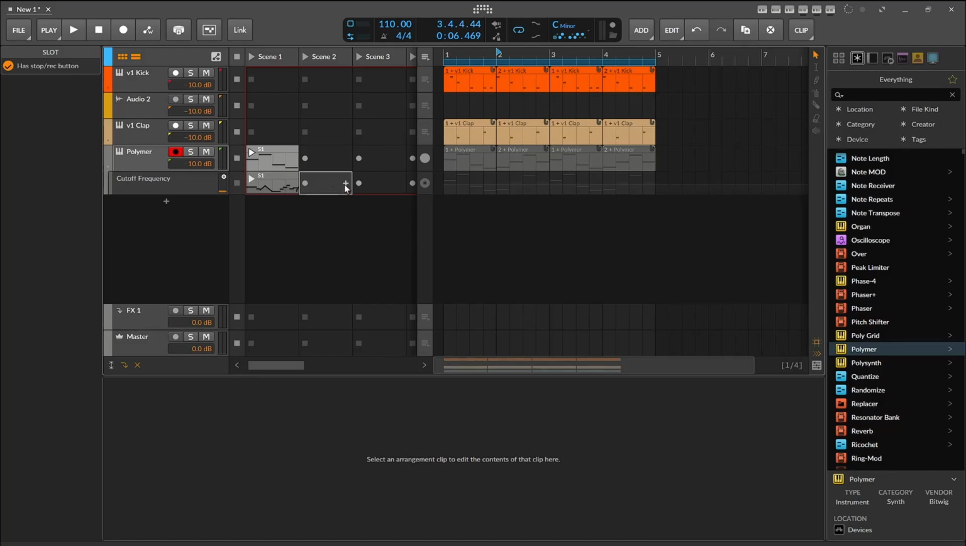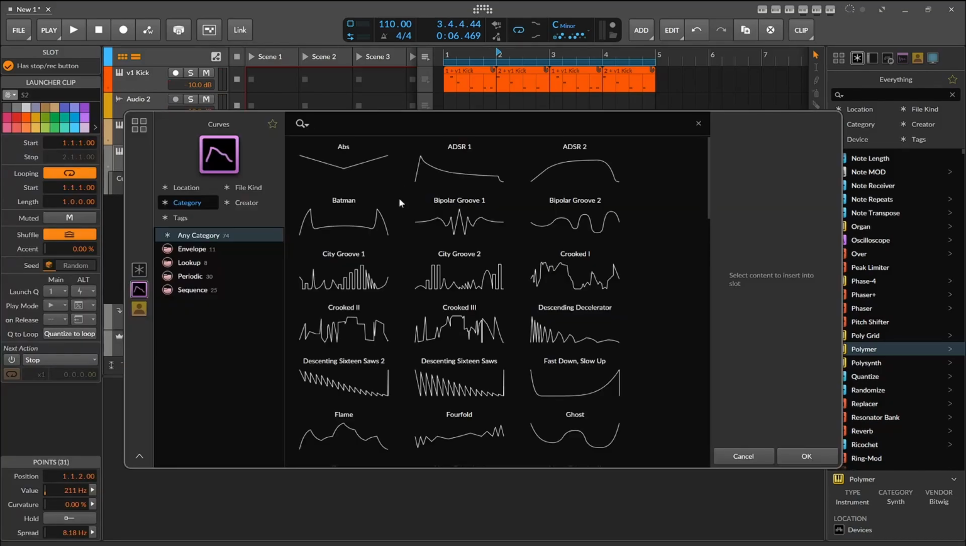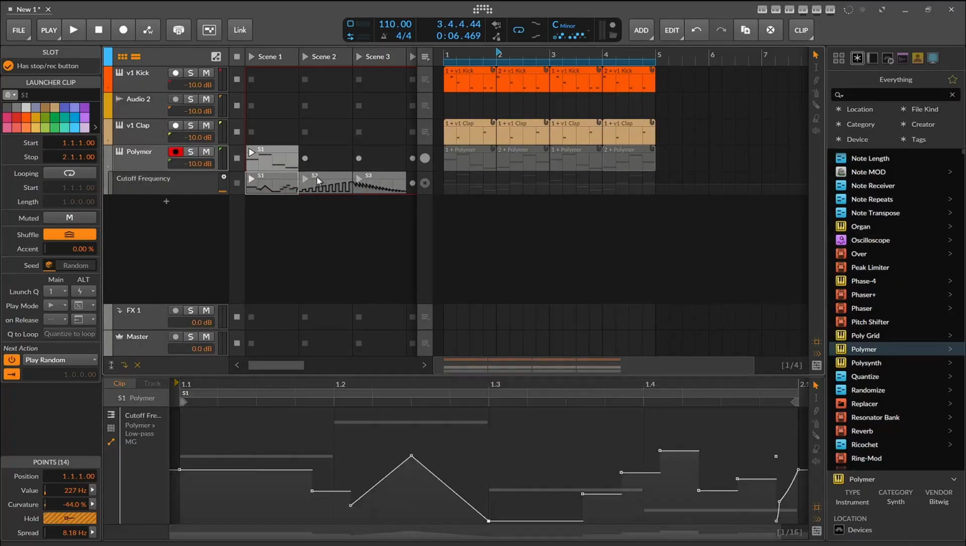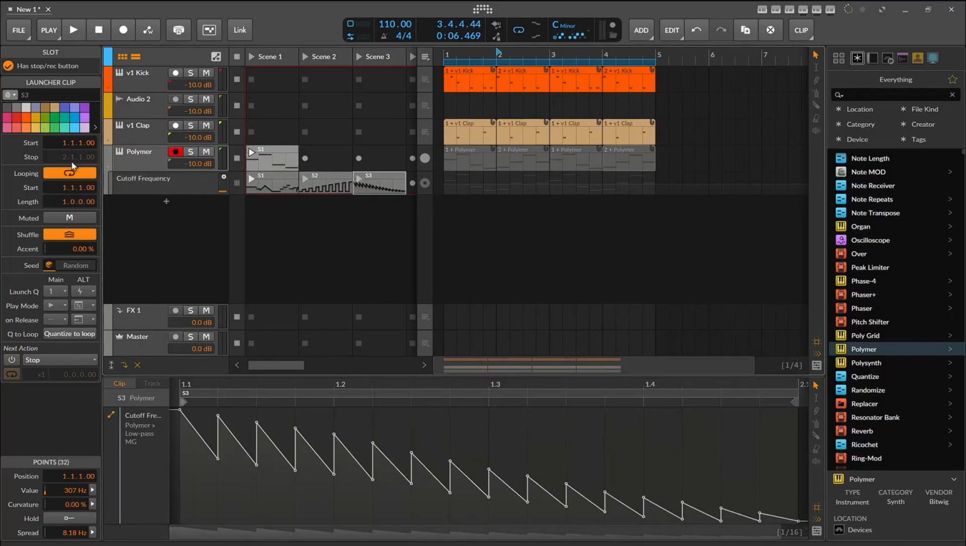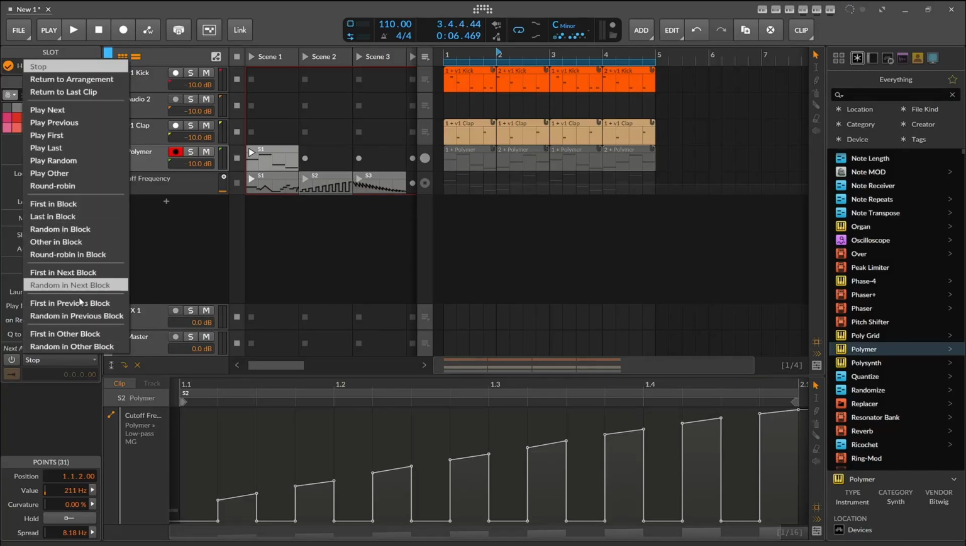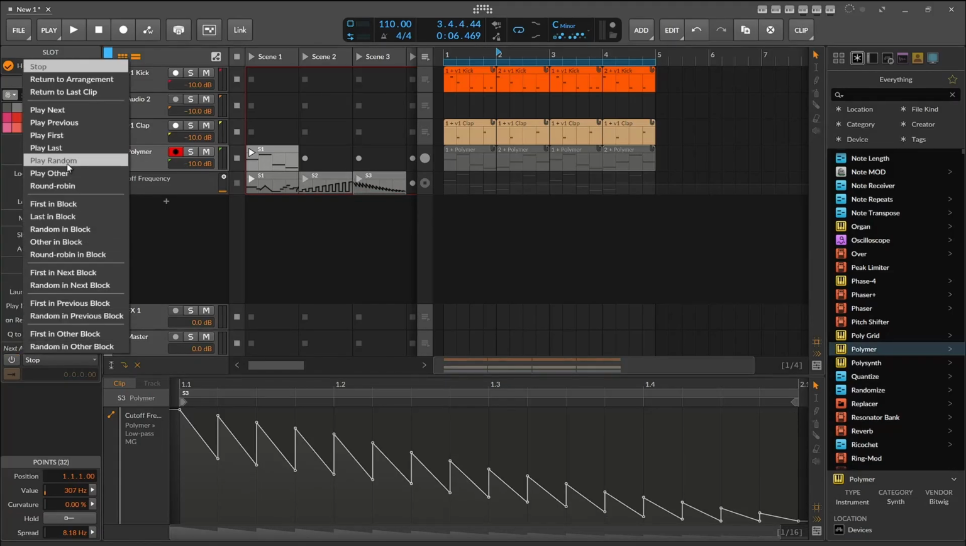So let's do that. Let's grab another clip. Ooh. Let's grab another clip. Ooh. Alright, so we need to turn off the loopage. We need to set it to play random because that's what I wanted to do. Give us sort of kind of a